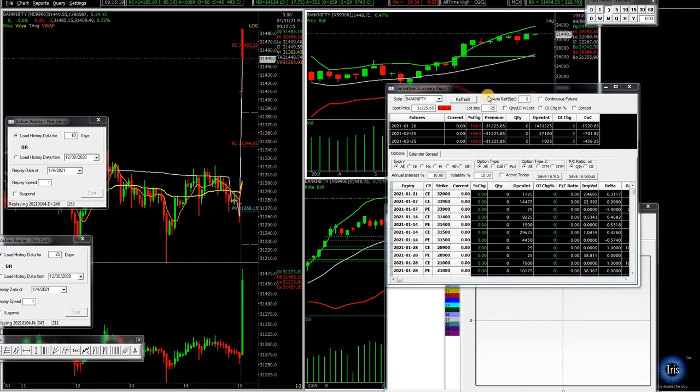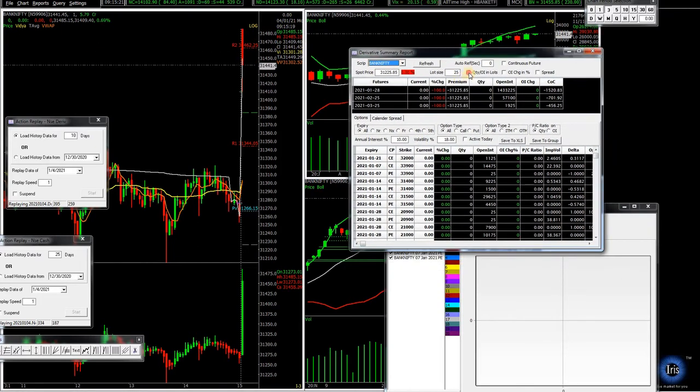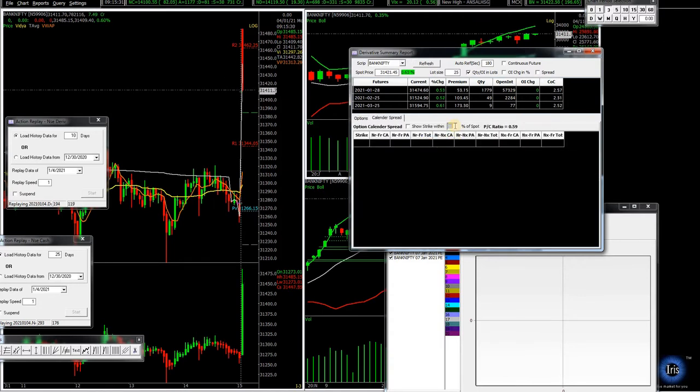This is the spot level. This is the box which helps you understand the live option data reading in Spider. I kept the near month contract, call, and active today. I don't want data more than 2% from the spot price, so I kept the 2%.